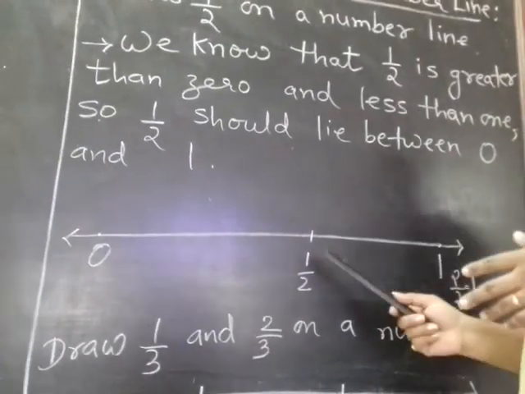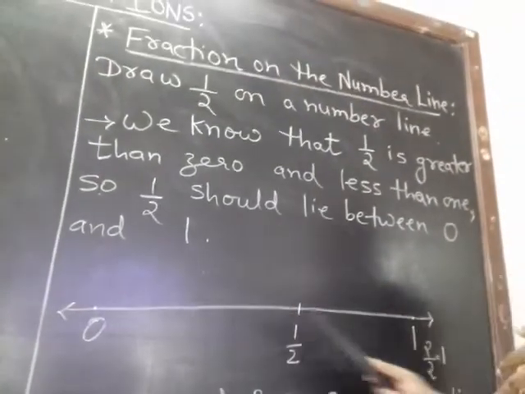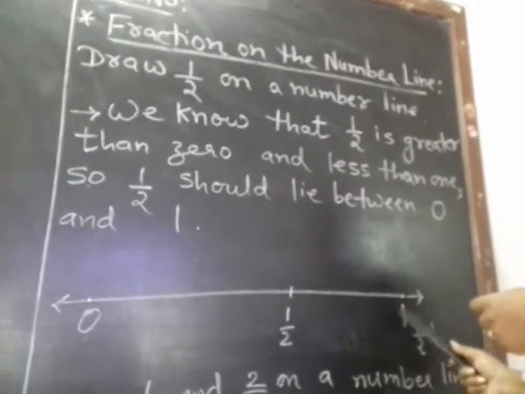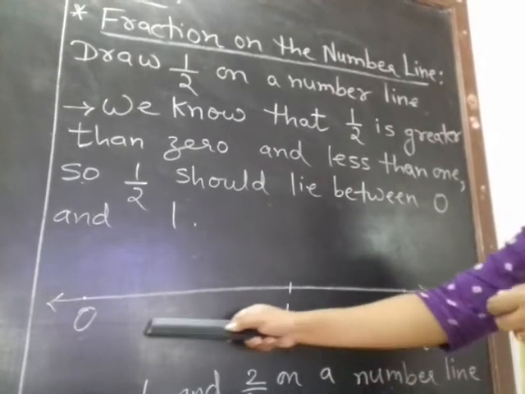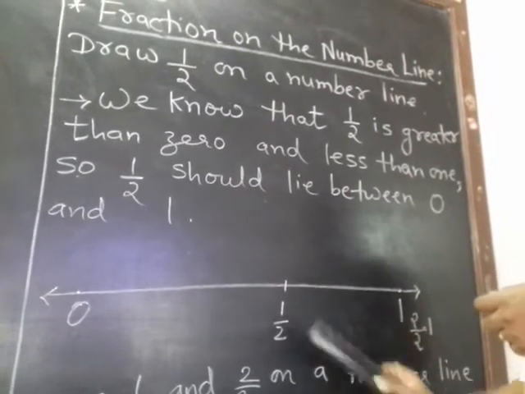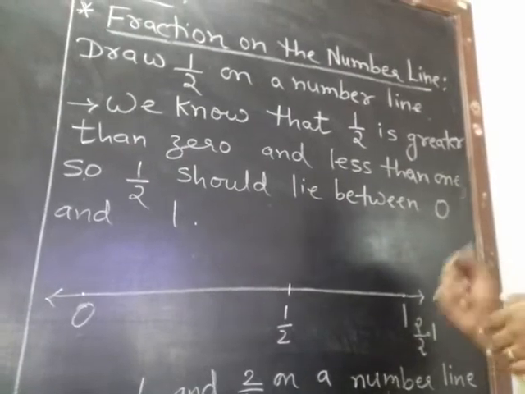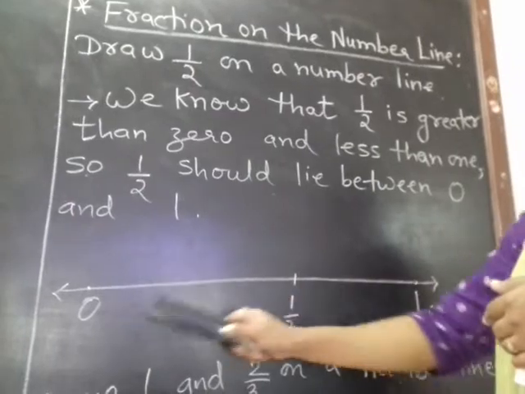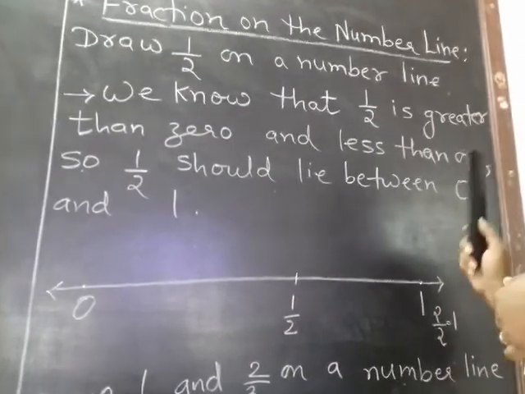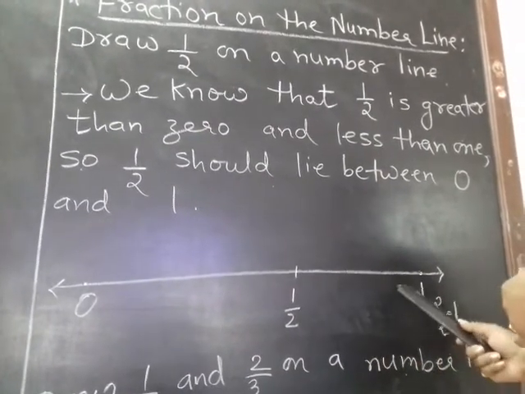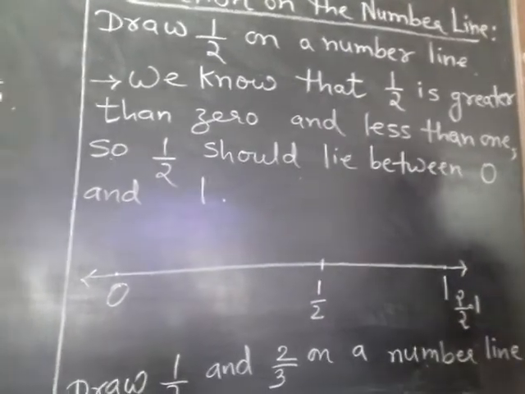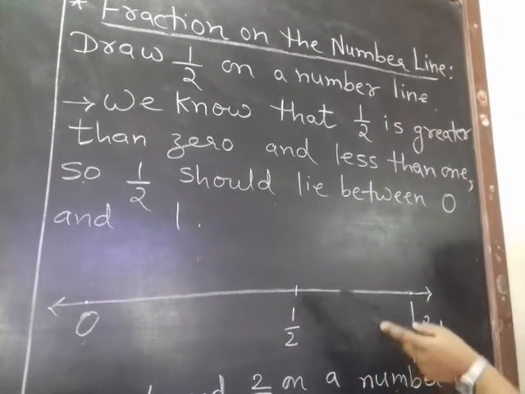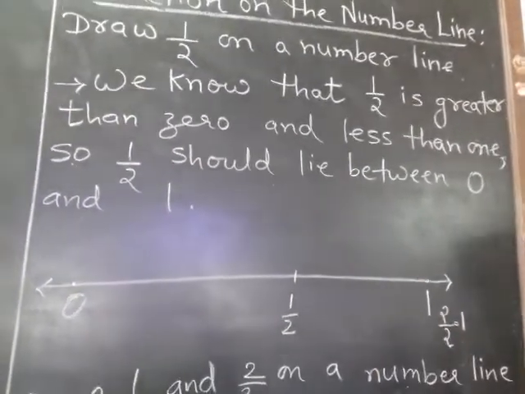Now we have to represent half. When I write 0 and 1, it means whole numbers, right? So what will be the half of it? That is 1 upon 2. So between 0 and 1, half will come on the number line. Always remember, fractions will be shown between 0 and 1, and in other cases we can also proceed further with numbers bigger than 0. But the measure of the fractions will lie between 0 and 1.